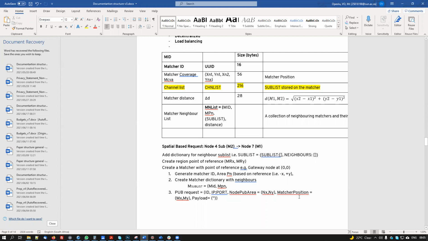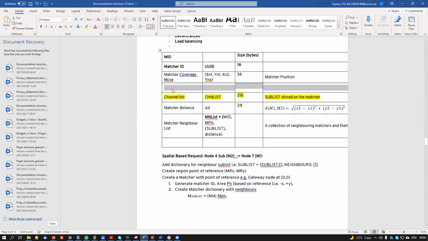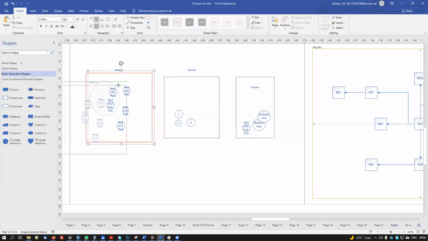So, for example, if it's on the x-axis, the negative x-axis, then it says it's on this position, covering this area, and we sort of know how that is. Wait a minute. Now I'm thinking about it. Should I have both coverage and position? That sounds better. So what is coverage though? Coverage is the area within the matcher. I see. Okay. So hold on a sec.